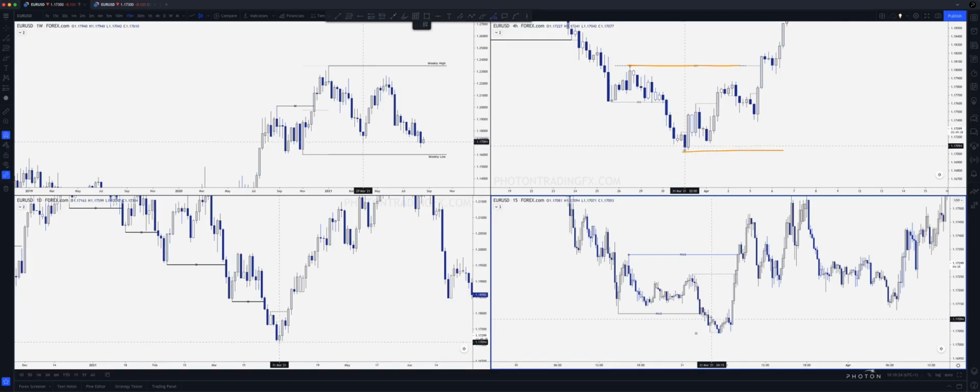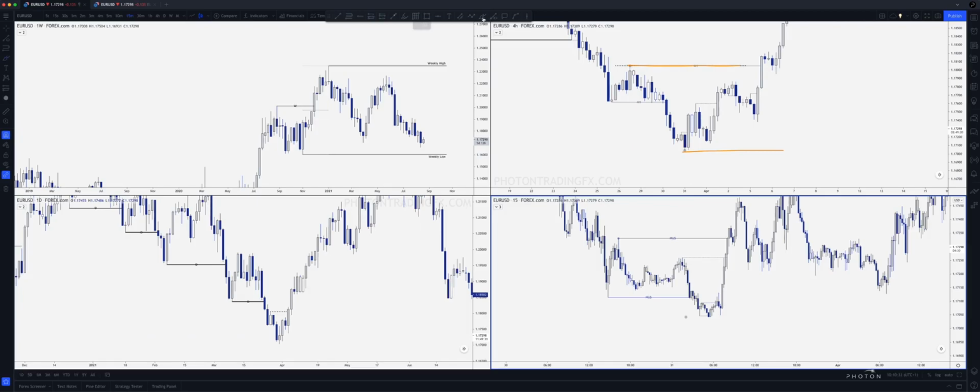It took the low, and then it took the high. So there we got the 15-minute change of character, price then pulled back in, right? If I can get the paintbrush to work, right? So we got the pullback in to form that 15-minute internal high low, and then that anticipated the 15-minute pullback, which then turned into a full-on trend change, which then ended up being the 4-hour change of character, right, to initiate that 4-hour pullback, which then ended up leading to a 4-hour trend change, which ended up leading to the